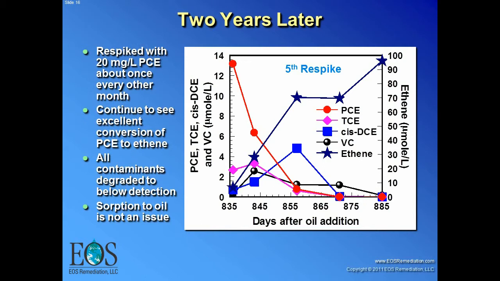But then over maybe a month, 2-month period, the PCE degraded, but then it desorbed from the oil and more degraded. It degraded, more desorbed, and eventually we got essentially 100% of the PCE back as ethene. So, some people worry about, if you're adding this vegetable oil, will the contaminants sorb to it? Well, they do sorb initially, but they do come back out and they do eventually degrade. So if you're worried about over 30 days, maybe,